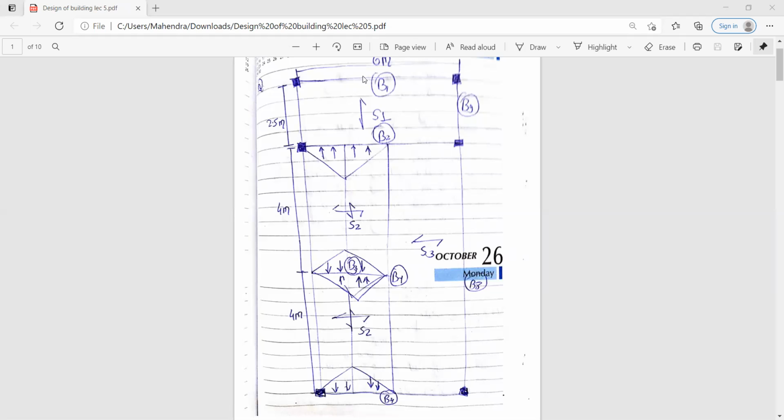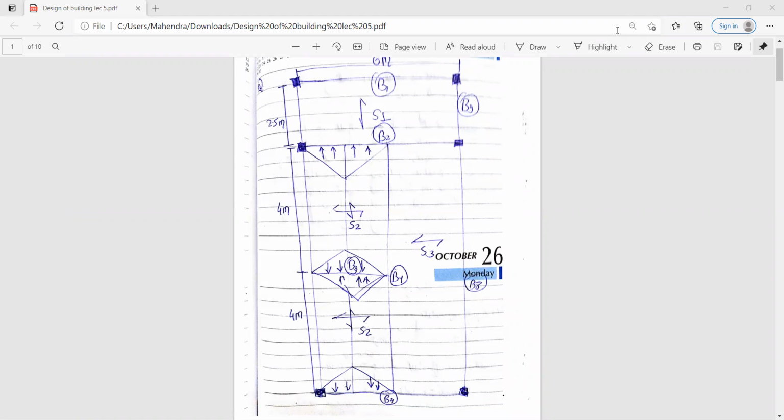As you can see over here, there are a total of 9 beams in this particular plan that they have told you to design. This will be beam B1, B2. Here there is B3, B4. Then again B7, B8 and B9. B5 and B6 are also there.